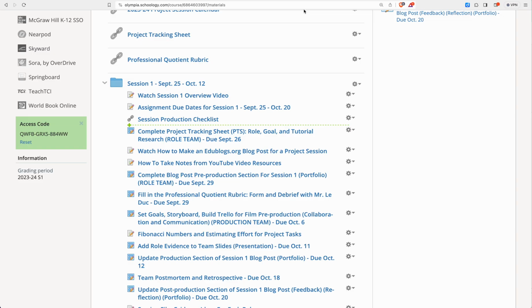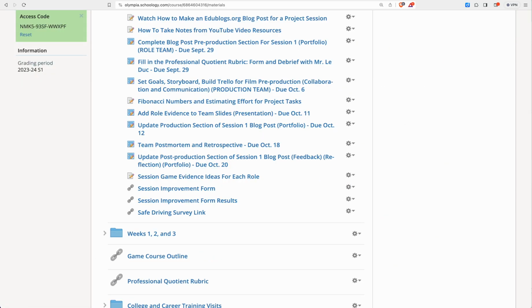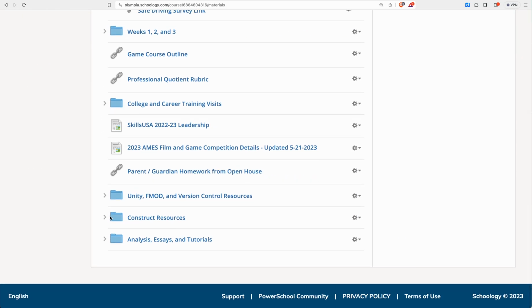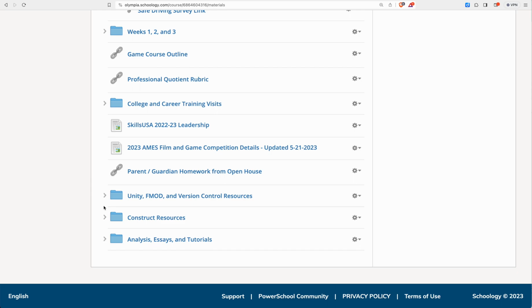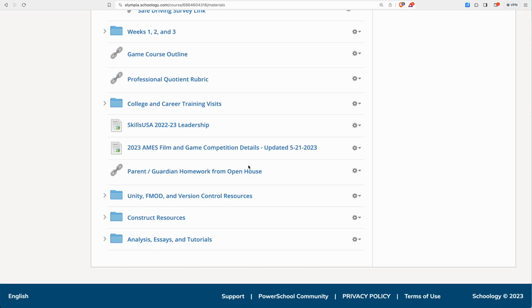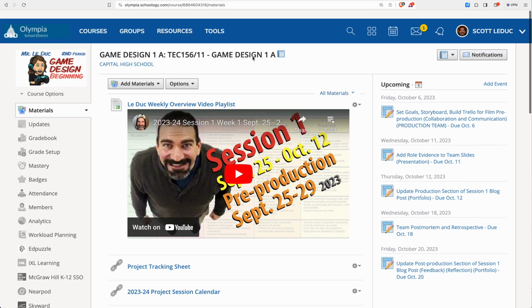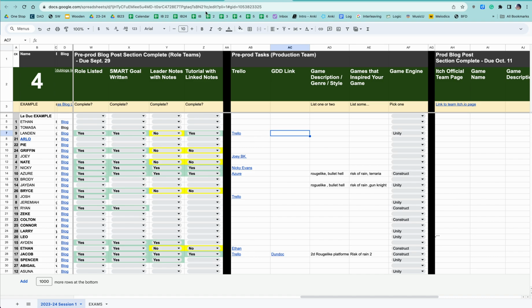And just to give you a reminder of that, in game design, if I click back here, down below, we have resources, including the training materials and things to look at in Construct and also in Unity. And the Unity Essentials is a good starting point for kids in Unity if they haven't used it before. Okay, now going back here. In our project tracking sheets, we're working on that for film, working on this for game design,